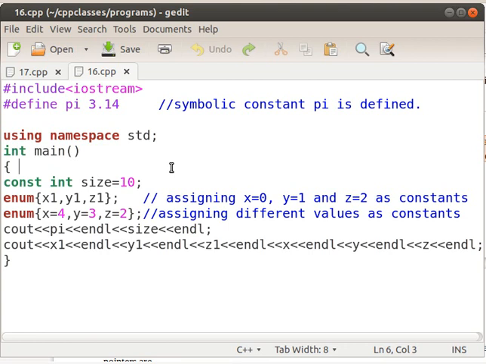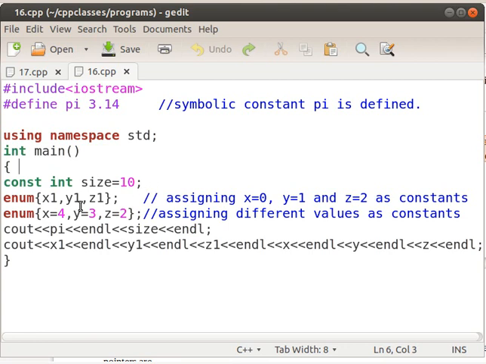So whenever I use the variable size, the value will be 10. The value of size cannot be changed in the program. The value remains 10 throughout the execution of the program.